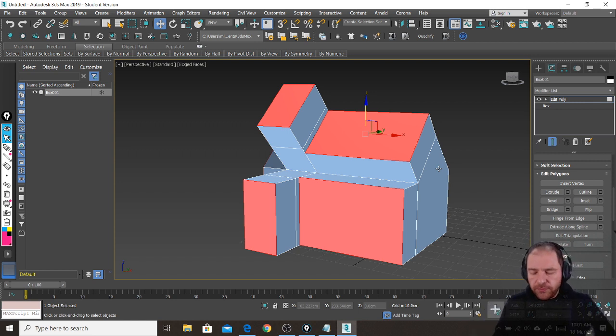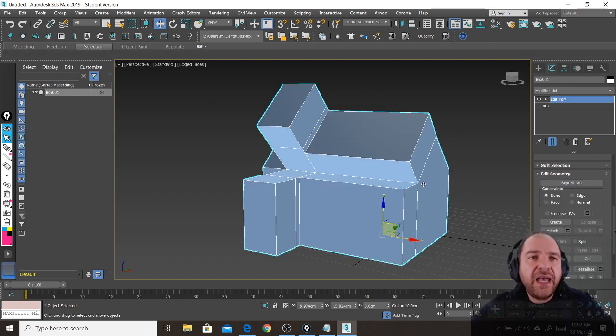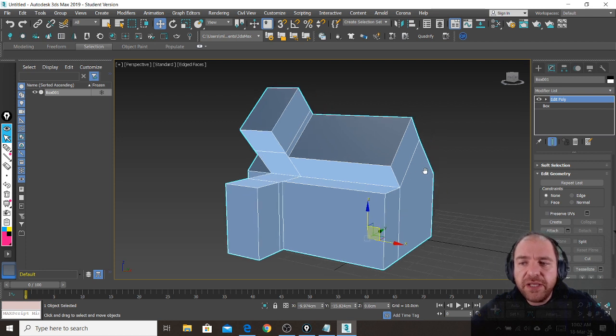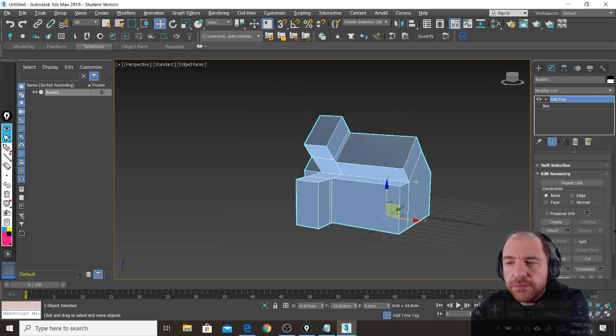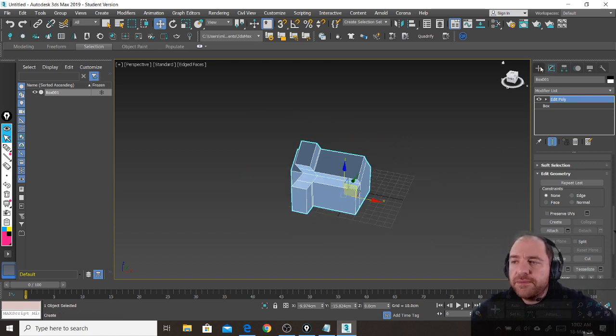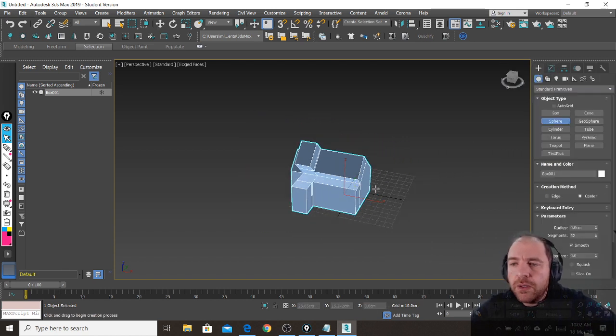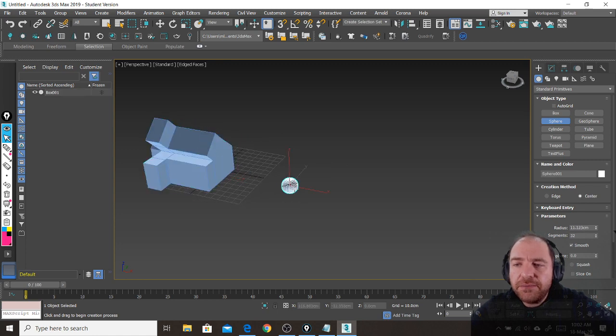In order to let you understand a lot better the difference between extrude by group, extrude by local, and extrude by polygon, I will make immediately another example just by creating an additional object that would be the sphere. So, check this. I make a sphere,